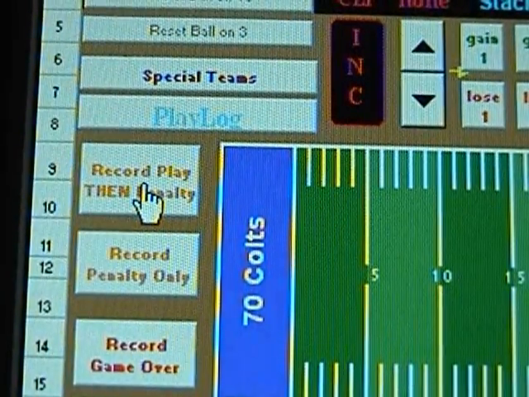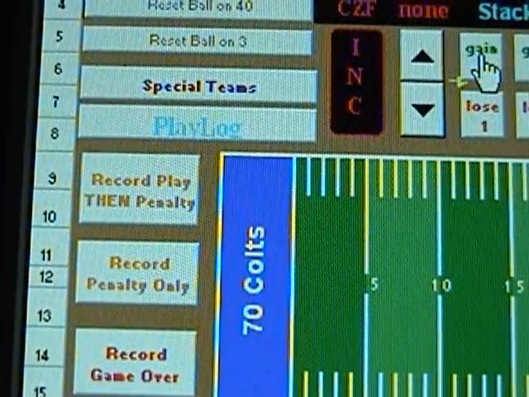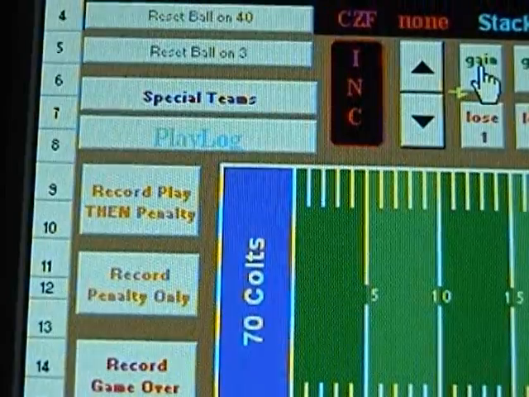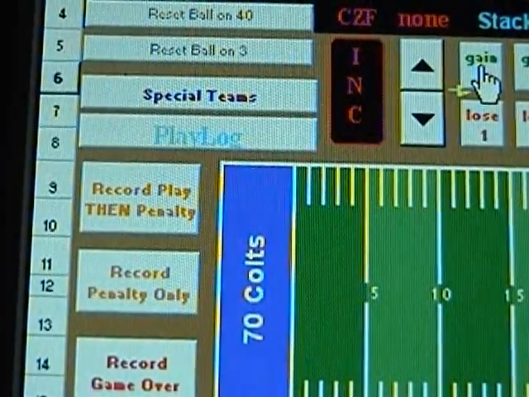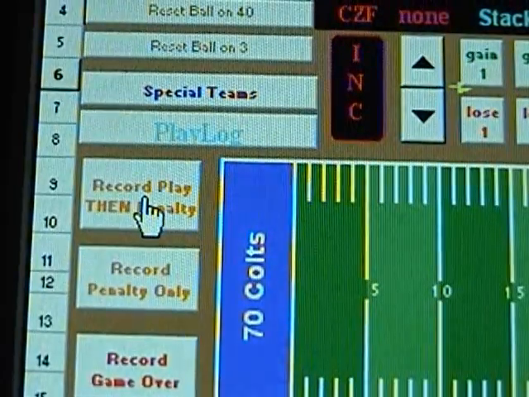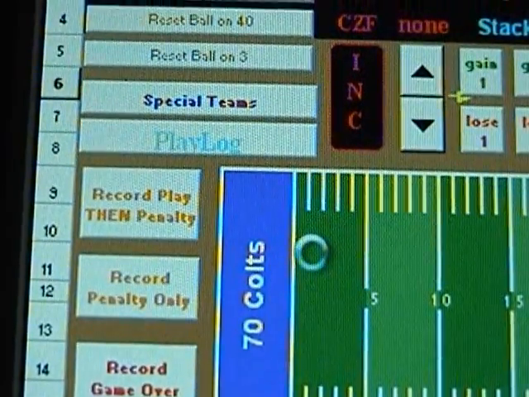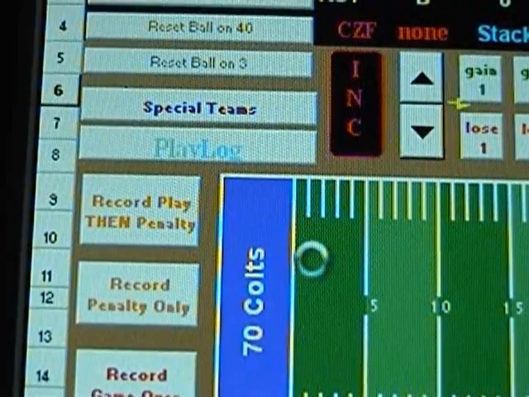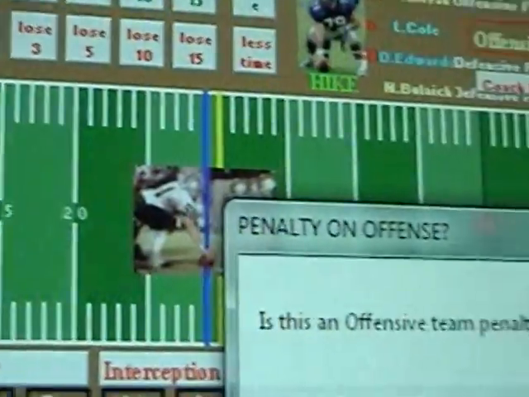This button here, say the play gained 1 yard and there's a defensive 15. After clicking the gain of 1 to move the ball in the field, you'd come over here and click this button to load up the macro about recording the type of play it was. Macro form